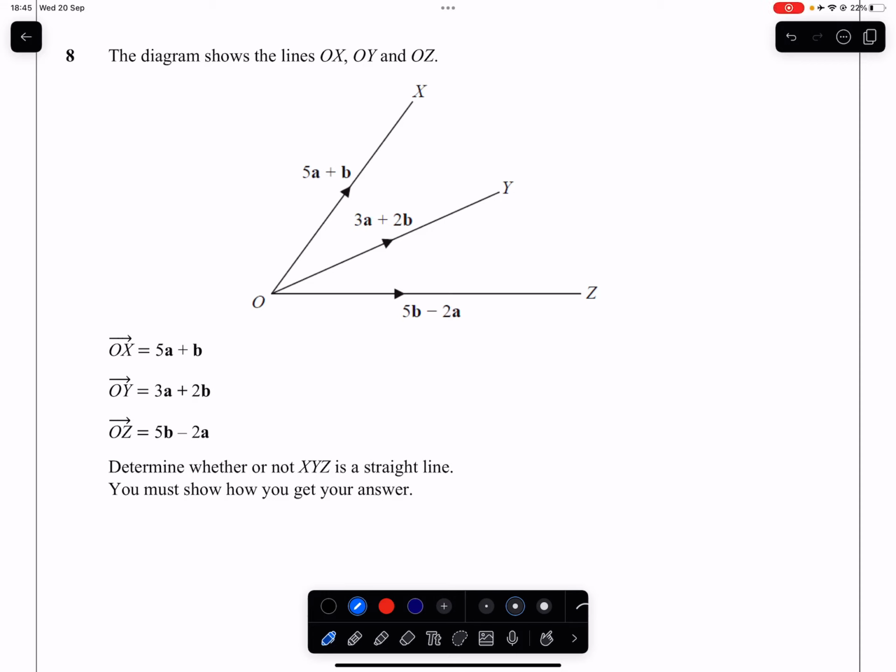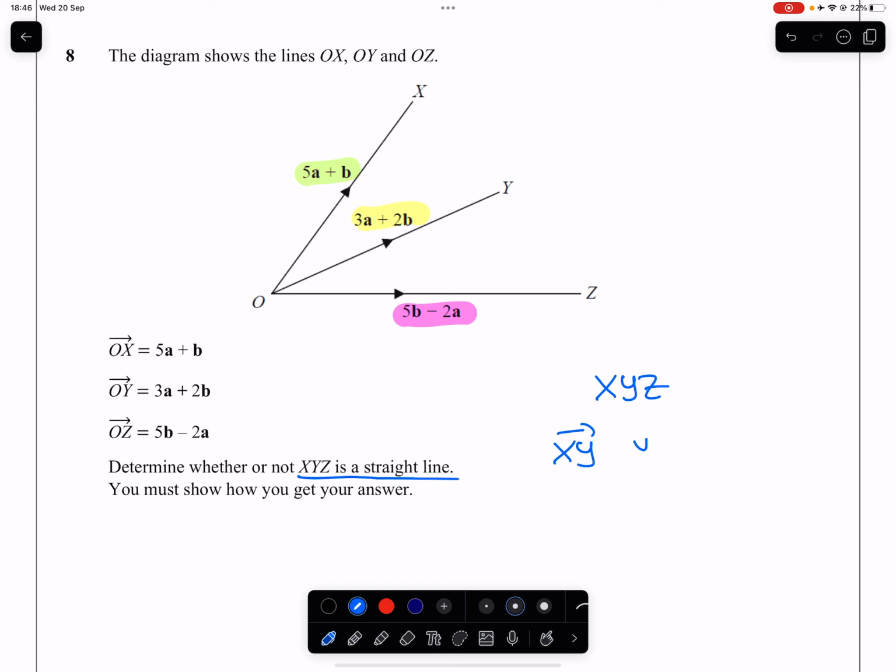Question 8. We have a diagram with lines OX, OY, and OZ, and all of them have vectors shown here. We've also been given that information algebraically here. We're being asked to determine whether or not XYZ is a straight line. So in order for XYZ to be a straight line, two vectors connecting two of these letters, so any of